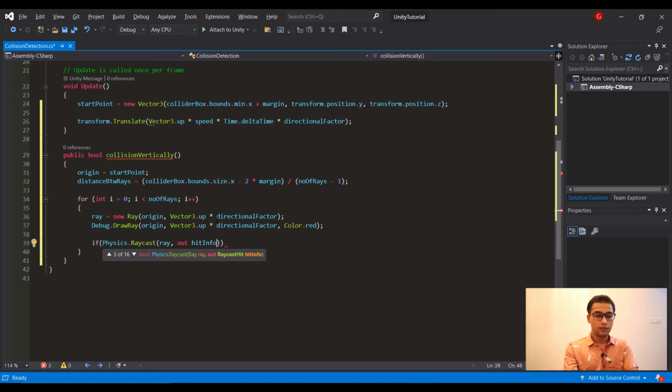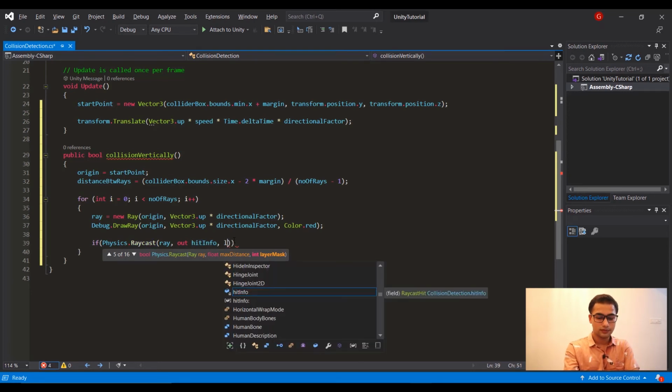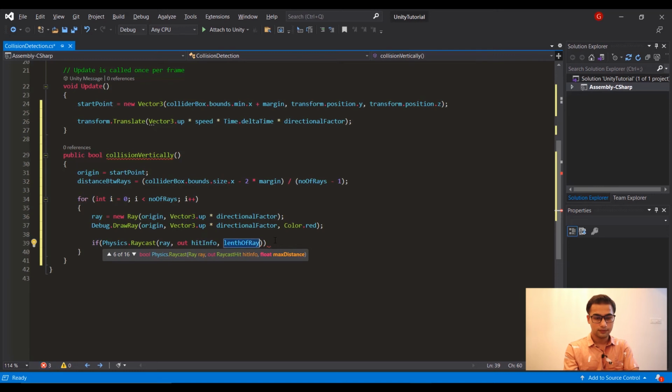So if my ray is hitting some other object, the collision information will be stored in this particular variable. And the last parameter will be the length of the ray.